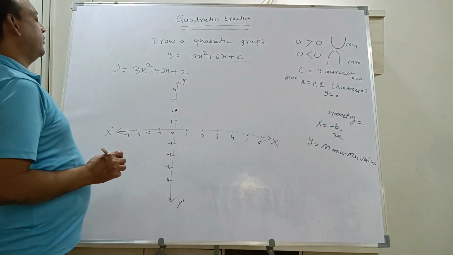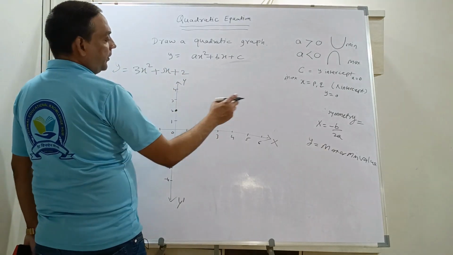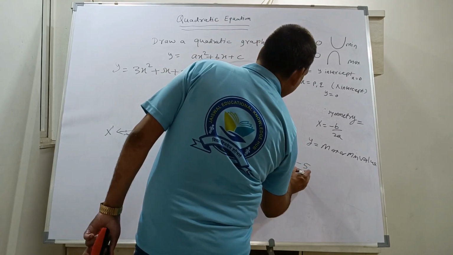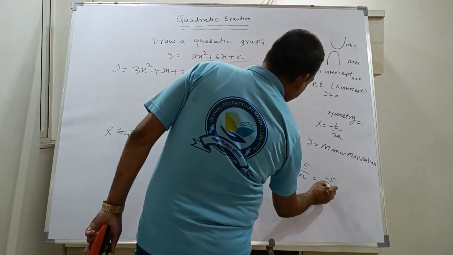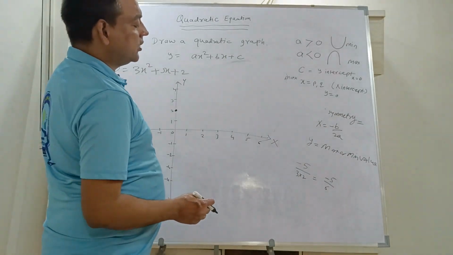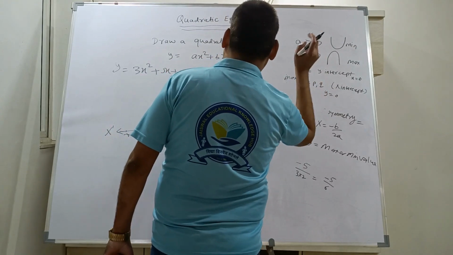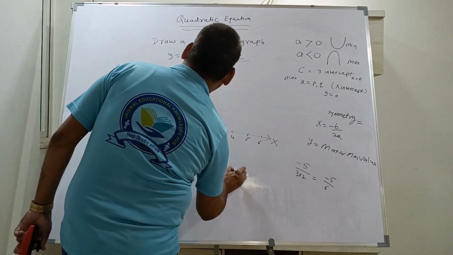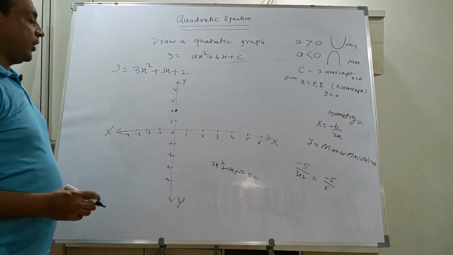Okay, then we have to find out the axis of symmetry. The axis of symmetry is nothing but minus b upon 2a, so that will be minus 5 upon 3 into 2. So that is minus 5 upon 6. Now what is minus 5 upon 6? Not an exact value. So what we can do here, we'll find out the roots of the equation. We'll find out the x-intercept. So we take 3x square plus 5x plus 2 equal to 0, because to find the x-intercept, y is equal to 0.